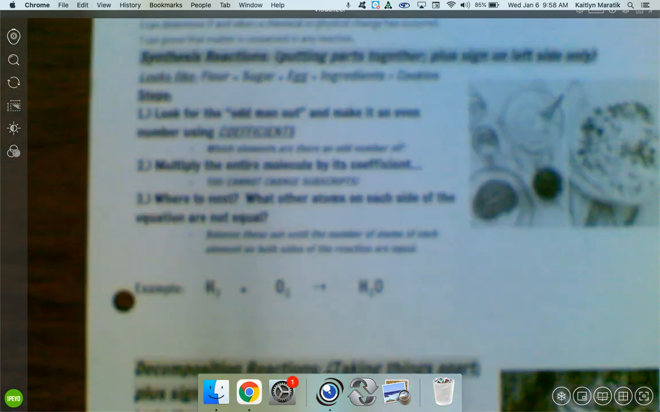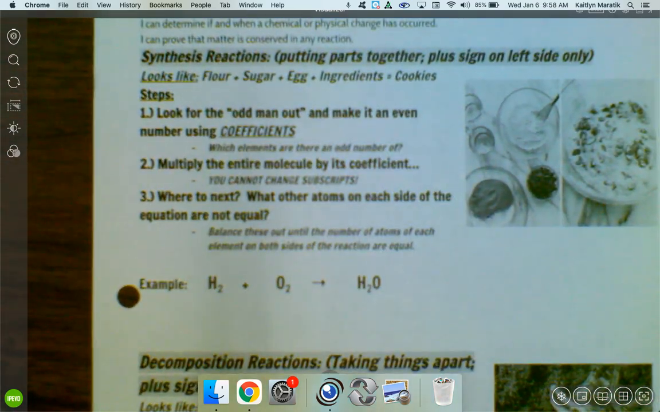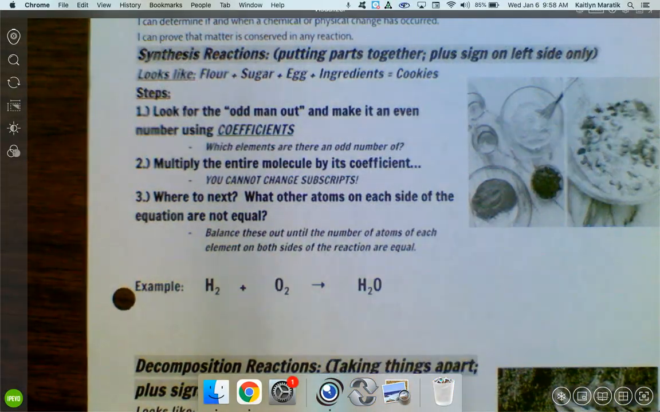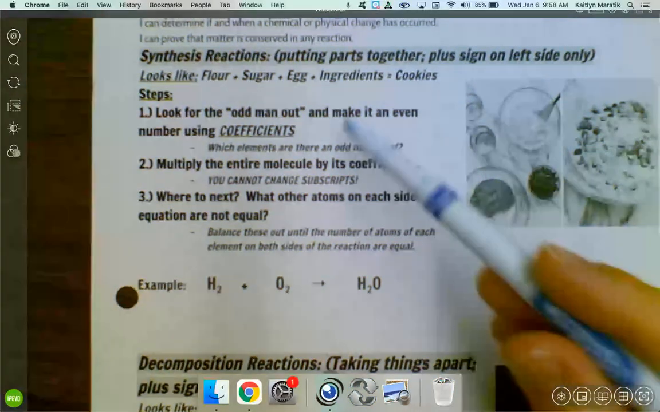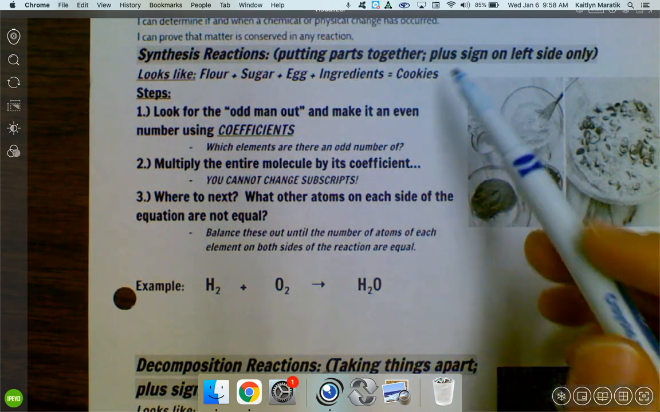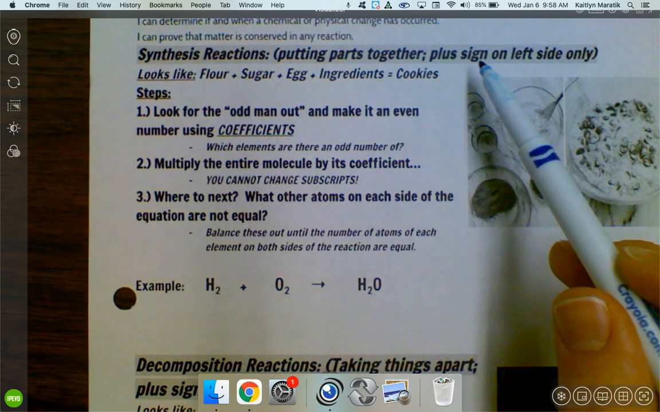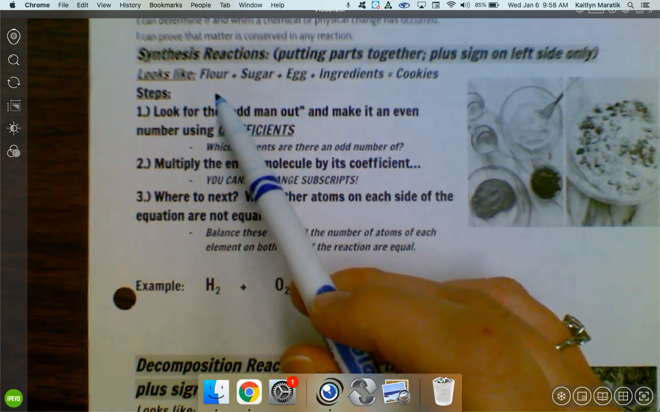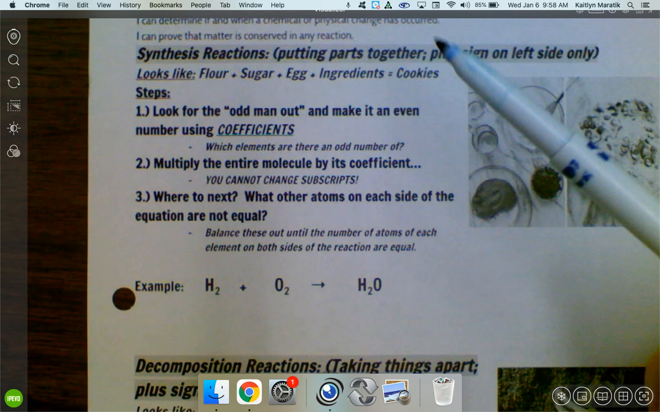Let's jump into our different types of equations. The first type that we have is called a synthesis reaction. This looks like we're putting parts together. When we look at it, a little helper is we're going to have a plus sign on only the left side. A synthesis reaction is going to look like if you have like flour, sugar, egg, ingredients, and you get